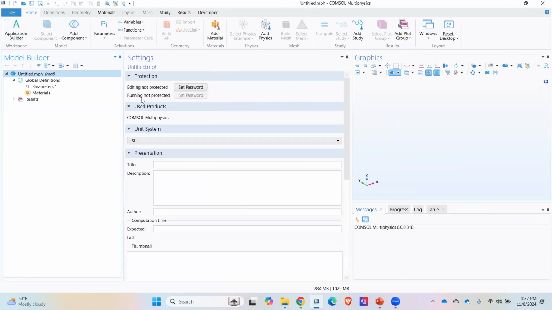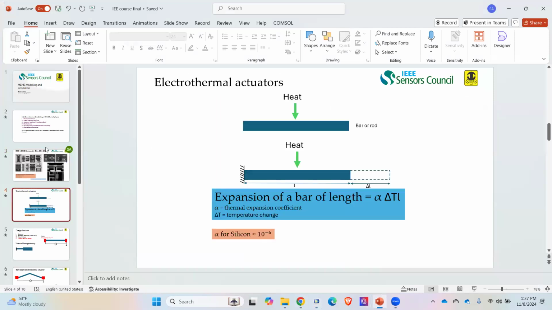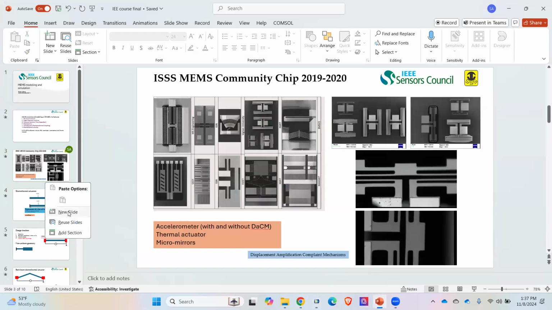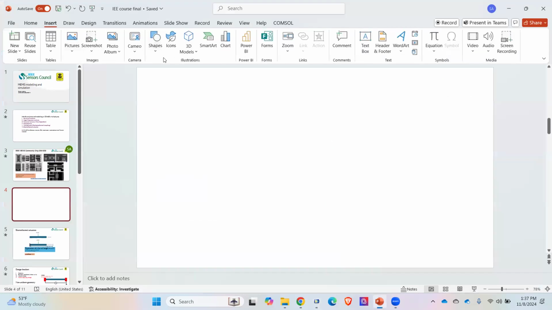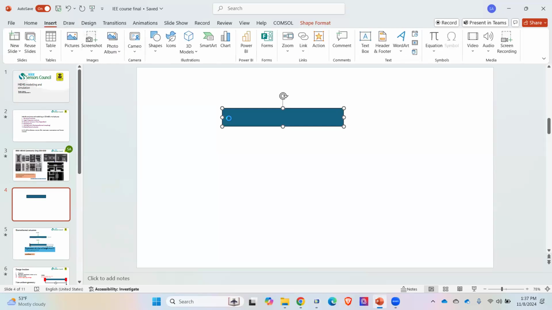Let's say you want to perform a simulation of a simple cantilever beam. I'll just make it here. Let's say you make a cantilever beam where you are